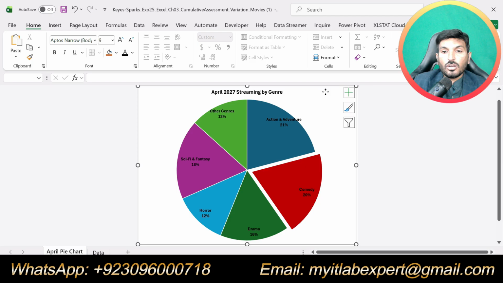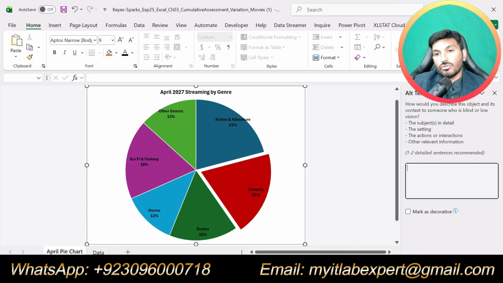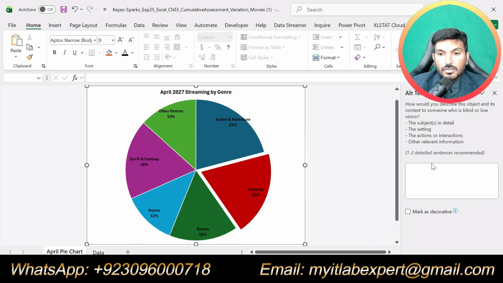Right click in the chart area and click view alt text. So now you can see the alt text box at the right side of the worksheet. Now we are supposed to type the alt text, that is saying the pie chart shows percentage. So now we will type here